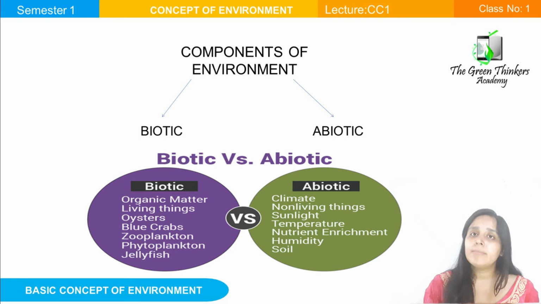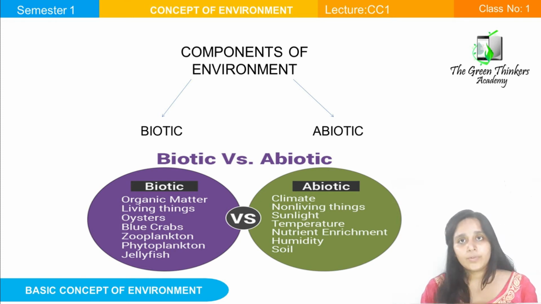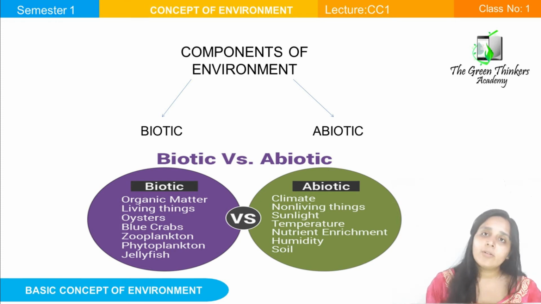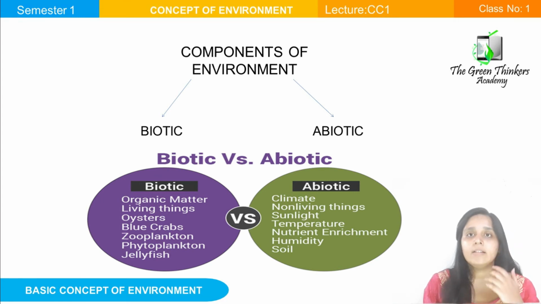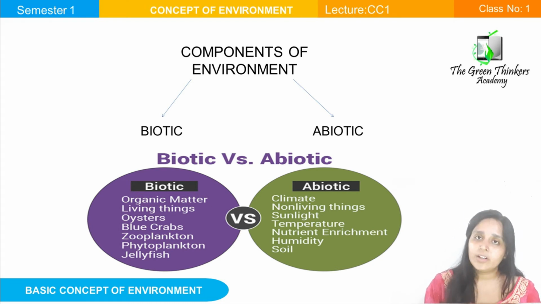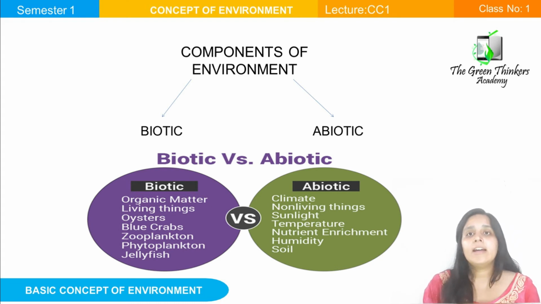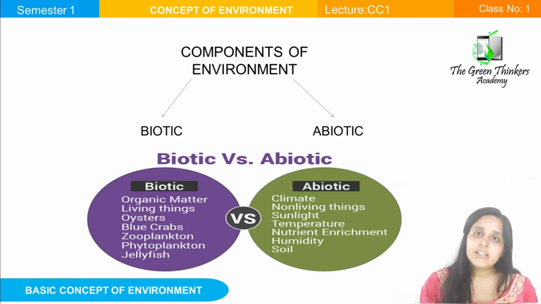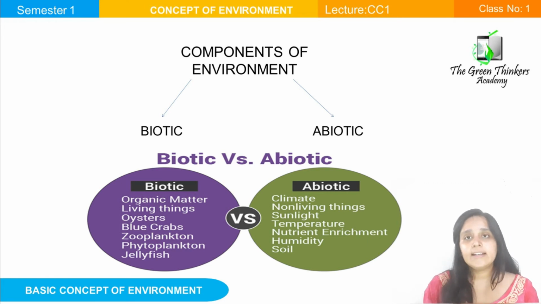From a single cell microorganism to a multi-cell animal or plant, it will come under the biotic component. Okay, now abiotic components are the soil, air, water, temperature, humidity. All these will come under the abiotic component,